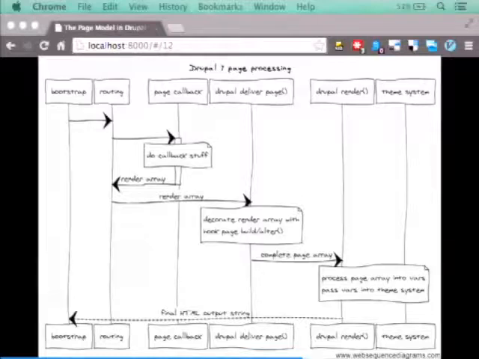So first, a request comes in. It goes into Bootstrap. Drupal bootstraps itself. It loads all resources, system resources, stuff like that. Gets to the routing system, known in Drupal 7 as the menu system,